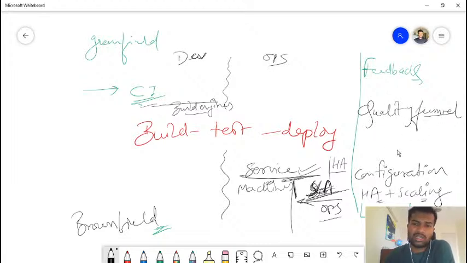Okay, what's the quality funnel? Quality funnel will make sure that your most capable artifacts, or most tested artifacts, move out. Others which have not passed all those funnel tests will not go out. It looks like a funnel. That's the reason why I call it quality funnel. Okay, that's another feature that comes into the picture.